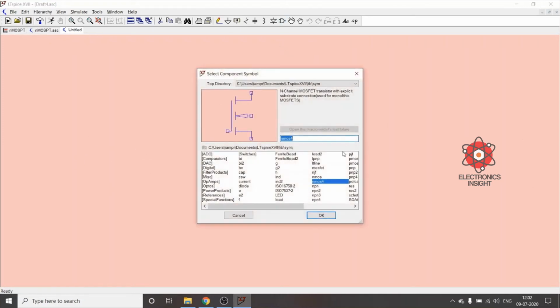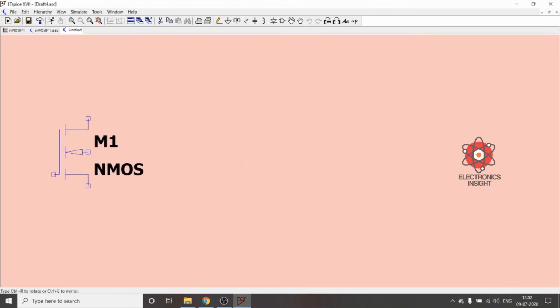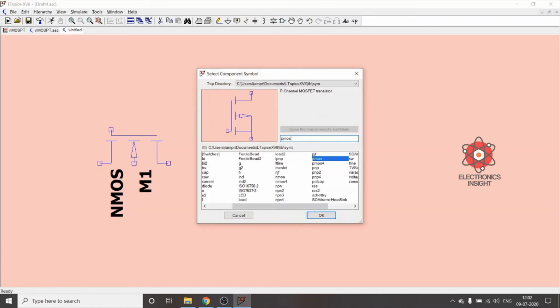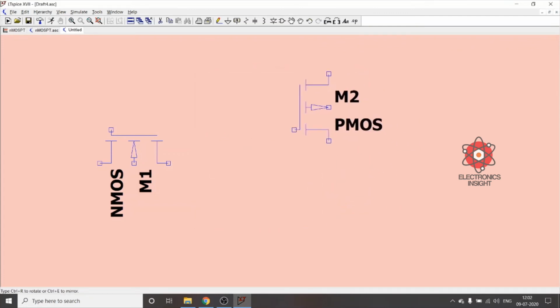So first we'll select the NMOS pass transistor. This has to be rotated because we need to connect it properly. So just press Escape, and then what we need is a PMOS pass transistor which has to be connected in feedback. So just select the PMOS 4 transistor, and a flip has to be done here because we are going to connect that in feedback. For flipping the transistor, just press Ctrl E. This will give you a flipped transistor.